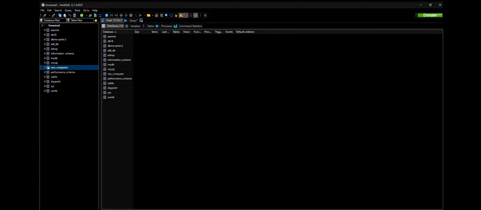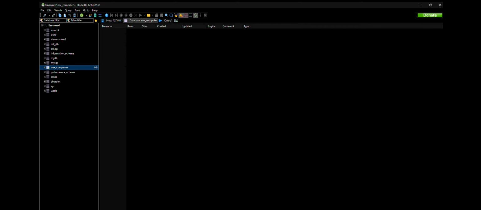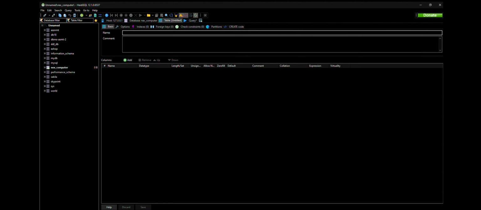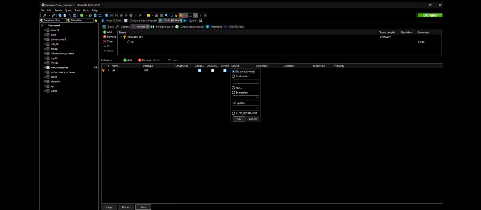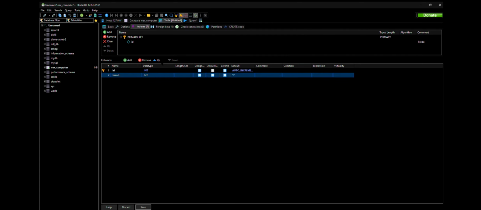So what we have here is our Next Computer database, and we are going to create a table named product. So according to that, we are supposed to have our ID to be integer, and also it will be our primary key, and we are going to set this on auto increment. Now we are going to add in our brand, and this will be varchar 45,